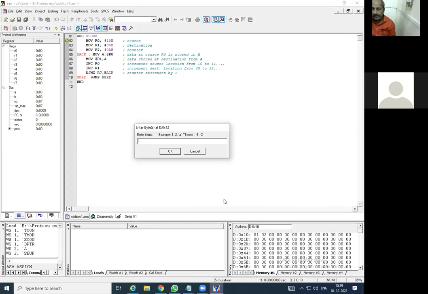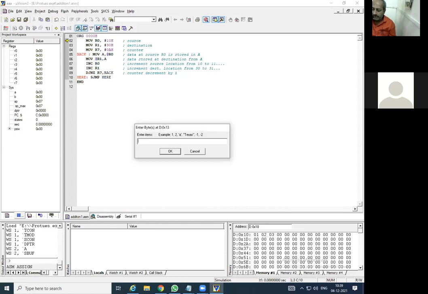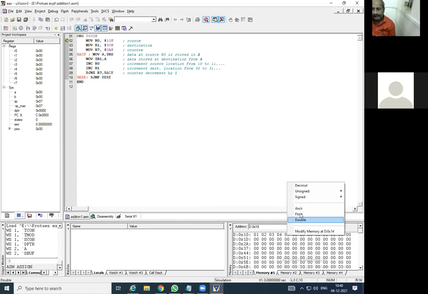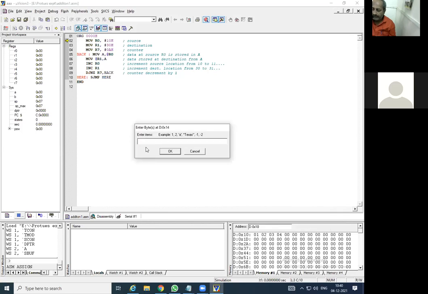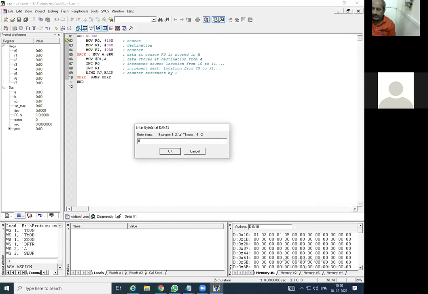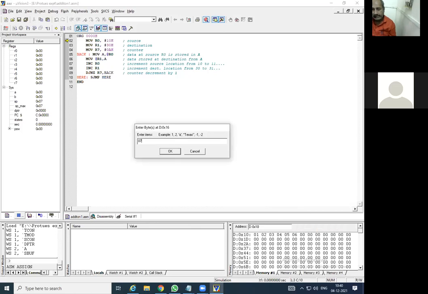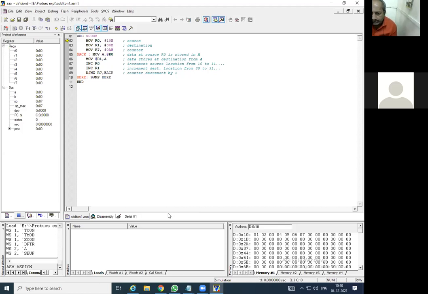Location 3, 03. Then next 04, 05, 06, 07, and the remaining I will keep 00. The next roll numbers are all 00.